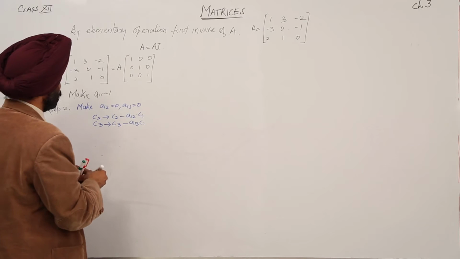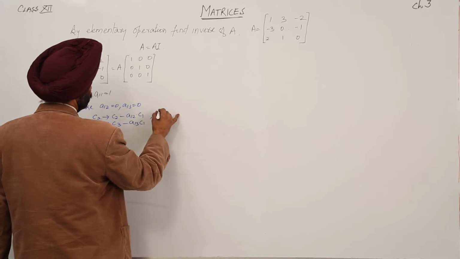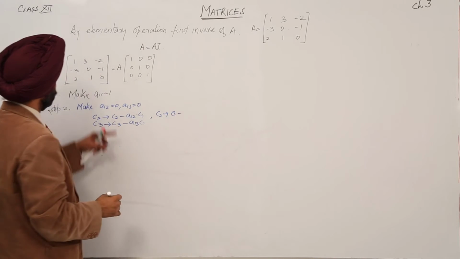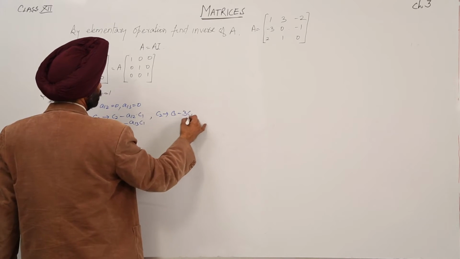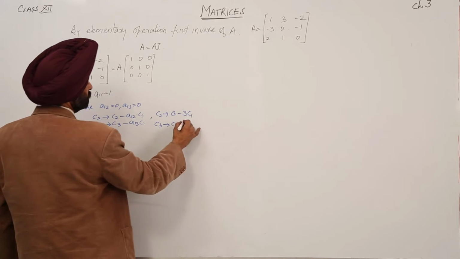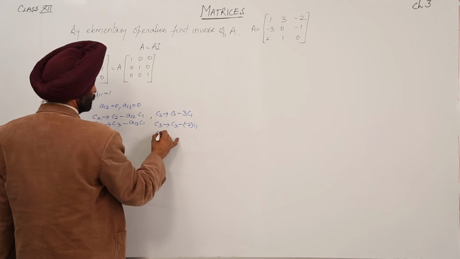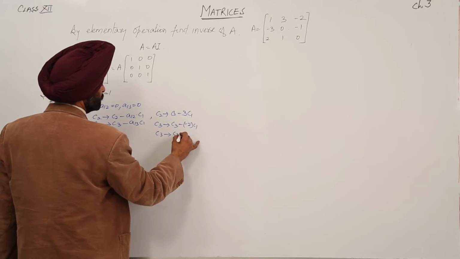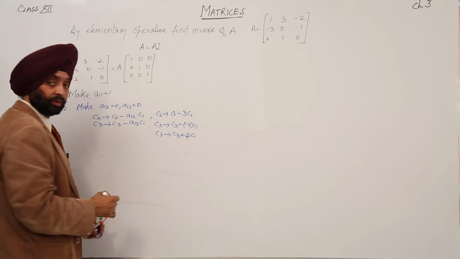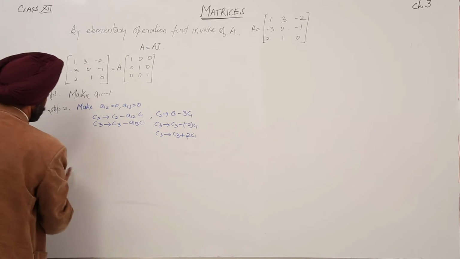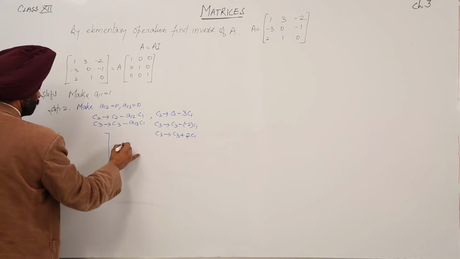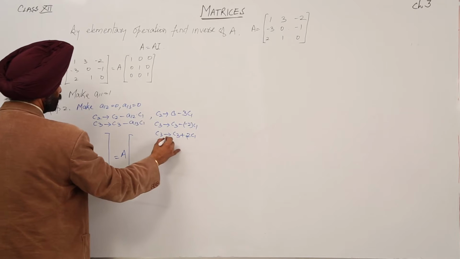And what type of operations are we having now? We are having C2 approaches to C2 minus A12. A12 is 3, so C2 minus 3 C1, and C3 approaches to C3 minus, it is minus 2 C1, so we are getting C3 plus 2 C1. Okay, so after calculation we will be getting,